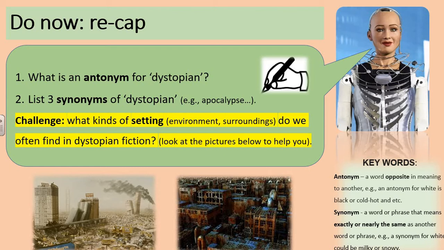What kinds of settings might we find in a dystopian world? So did you come up with an urban, polluted, decaying area? Did you come up with urban areas that lacked resources, maybe high rates of crime? Did you come up with a world or a country where the leaders were very tyrannical and domineering? They controlled all elements of our life. Did you come up with a setting where people were segregated by their location regarding what class they were or what race they were?